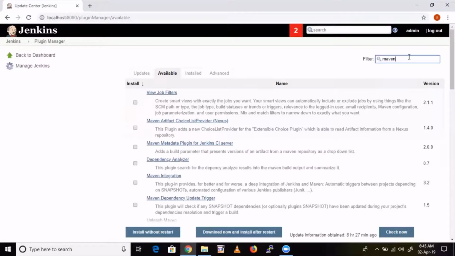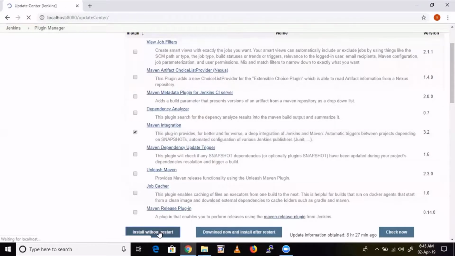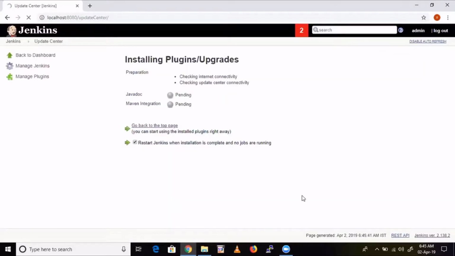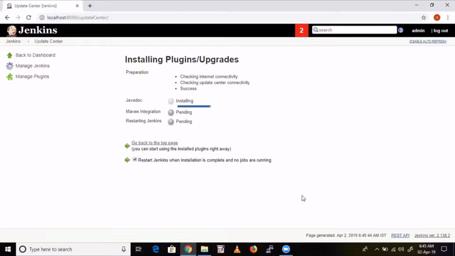Here you can see one plugin called Maven Integration. This plugin integrates Maven with Jenkins. So just click install without restart, then click restart Jenkins. Installation is complete. Like that, it's all about plugins. If you want to connect to some other tool, you install that particular plugin. Each and every plugin you will get.